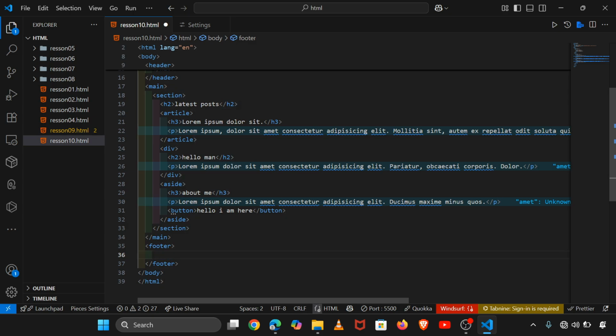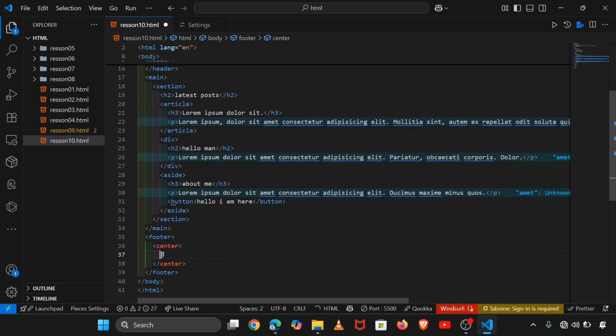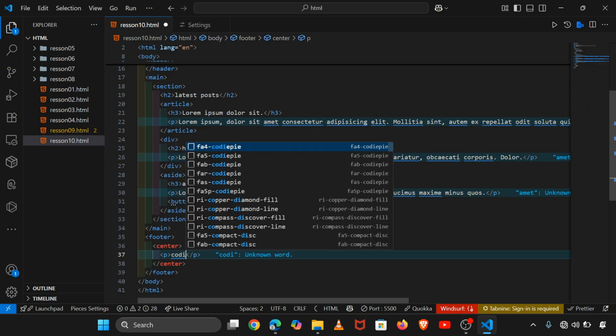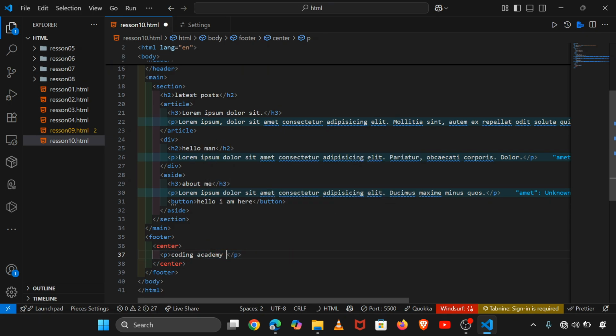There is another HTML element called center, which centers everything inside the browser. And say, for example, P Coding Academy 2025